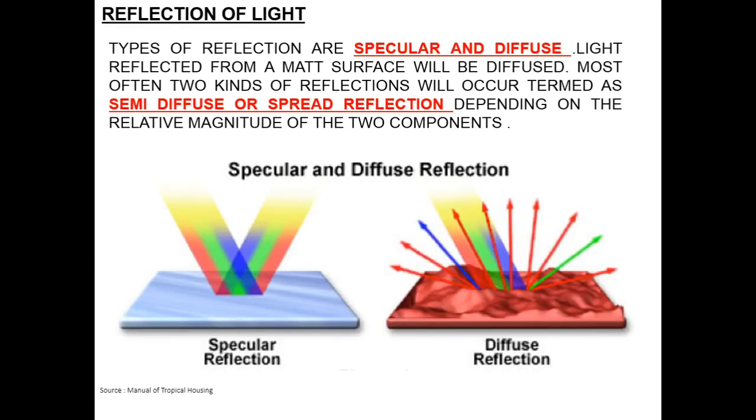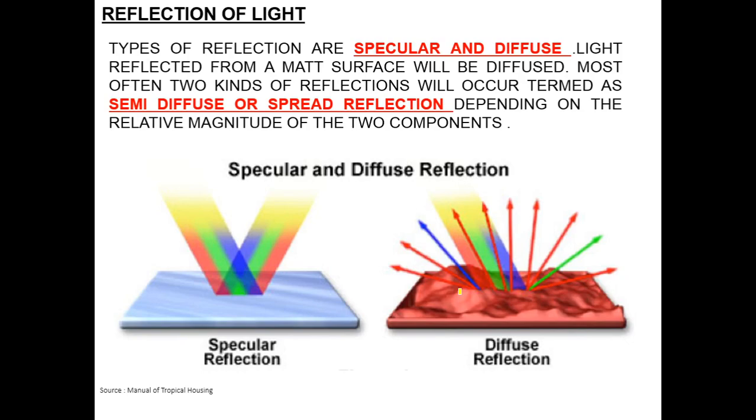If you see the types of reflection, there are two types. One is called specular and one is diffuse reflection. The specular reflection is a reflection on a light reflective surface, where the reflection is direct. So if it's a glossy surface, it is going to be a direct reflection, and if it's a little bit of a matte surface or a rough texture, you will get a lot of